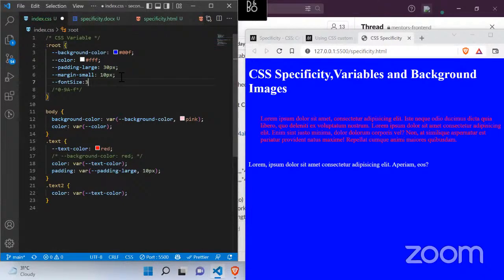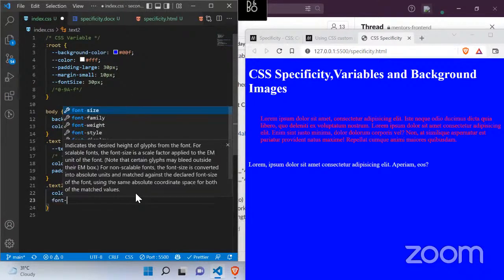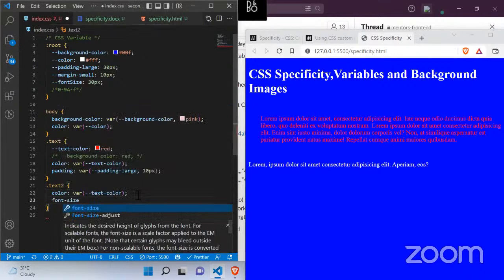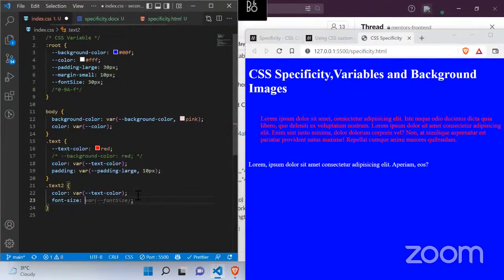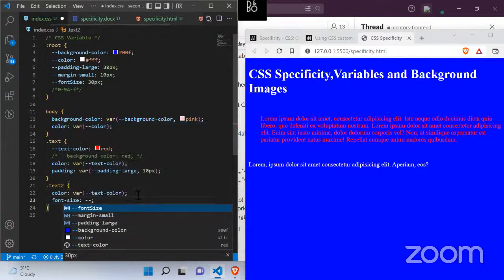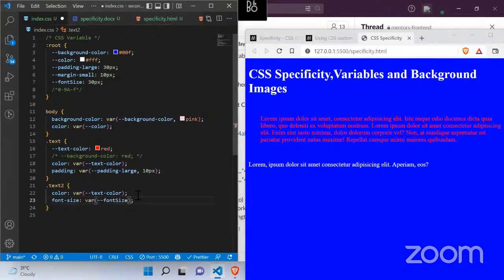If I declare a font size there of 30 pixels, I can easily come here and give it a font size of this font size. Once you press the hyphen twice, the suggestion will come and you can just select. CSS will know that it's going to bring in variables, so you don't need to stress yourself. So the font size here is now related to this. If I increase this to 50,